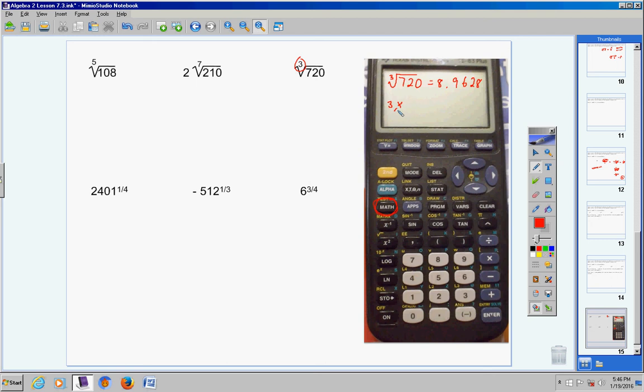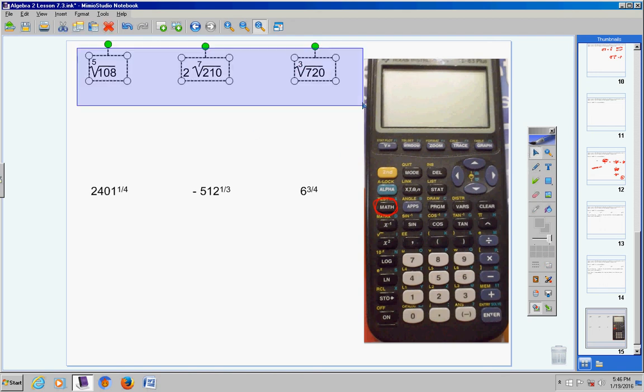So if you want to, type in 3 first, then hit math, then option 5, and this will pop up. And then 720, or you can just go to math first, hit option 4, and this will pop up cubed root, and then type 720, okay? Any of those ways are fine. Now, let's take a look. Now let's move on and take a look at